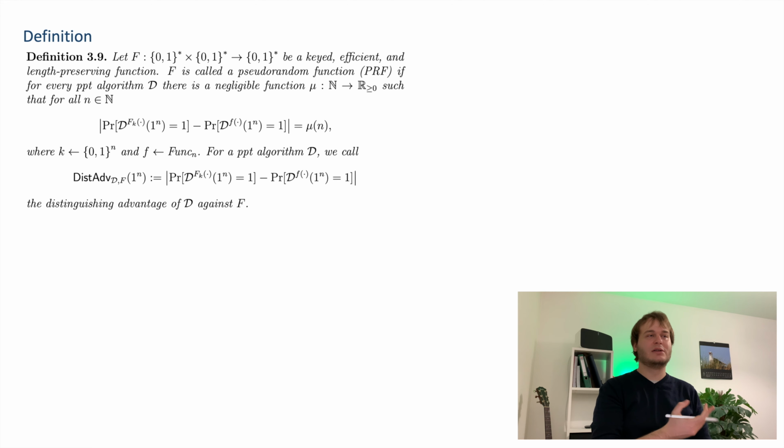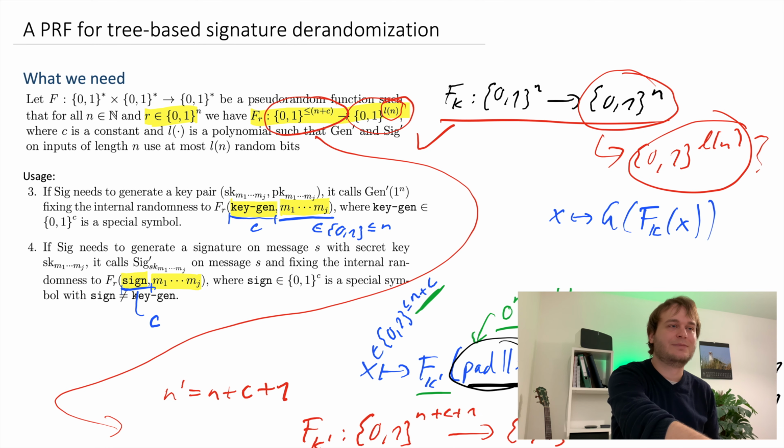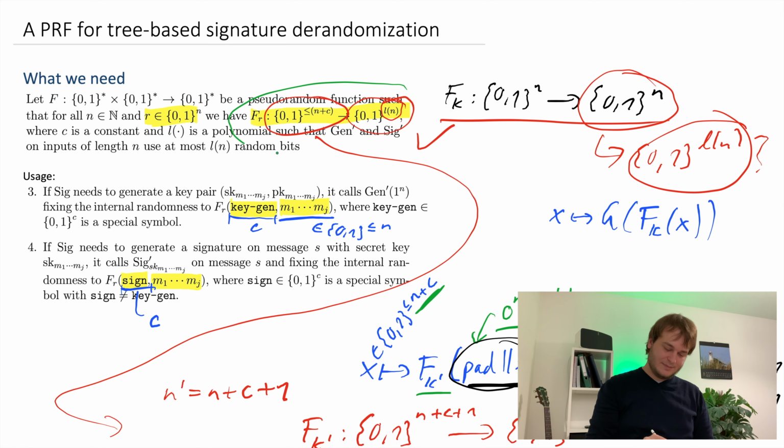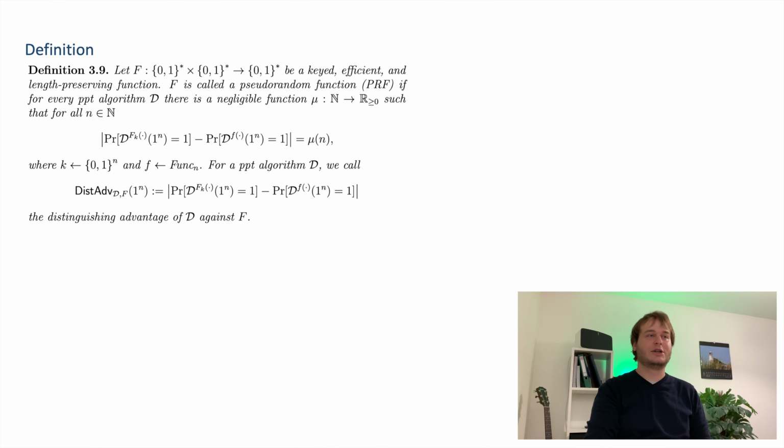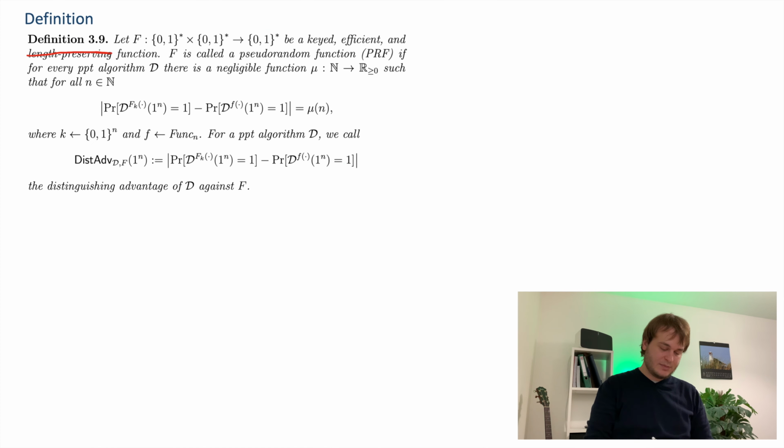Then one thing we have still a little bit neglected is that the definition for PRFs doesn't actually allow for these funky forms here, like the theorem actually needs from us. So we need to generalize it a bit. So what do we need to change? So this length preserving is not a thing anymore. And essentially now we're not comparing against functions from Func n anymore, because those map from n bit strings to n bit strings. But instead now we would use